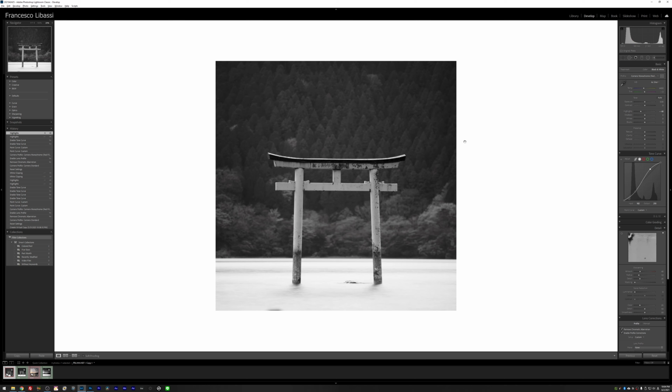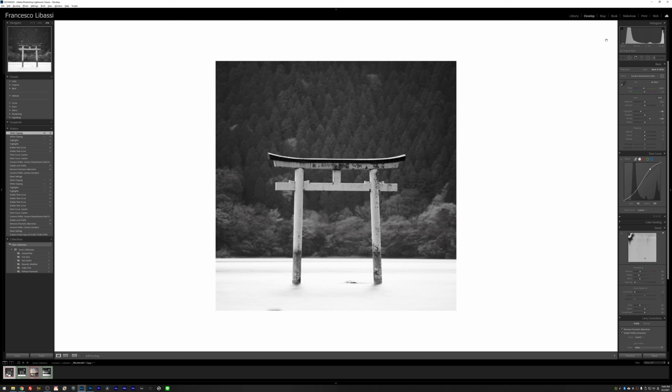So I want to counterbalance that by bringing up the whites. I'm going to go here in the whites, and usually I like to counterbalance that roughly in the same amount that I lower the highlights. So in this case, I think I'm going to go up to something like +50, just so I get a really nice amount of white here in the image without clipping any highlights, as you can see here in the histogram.